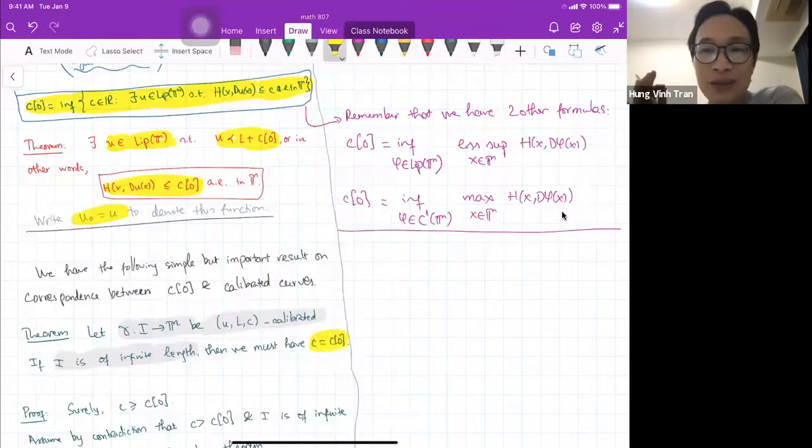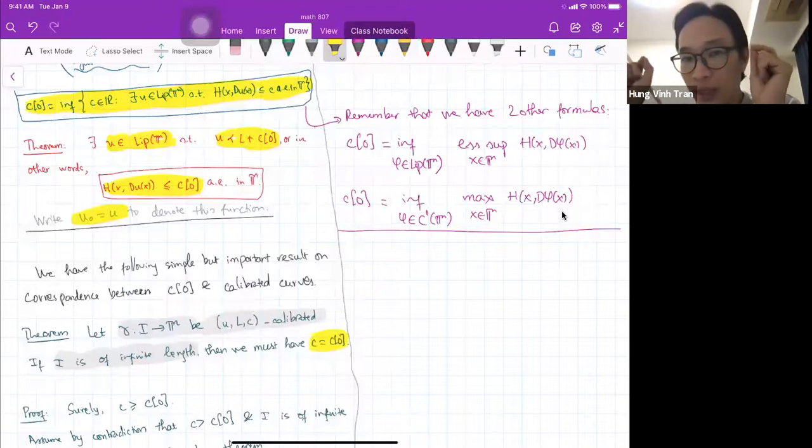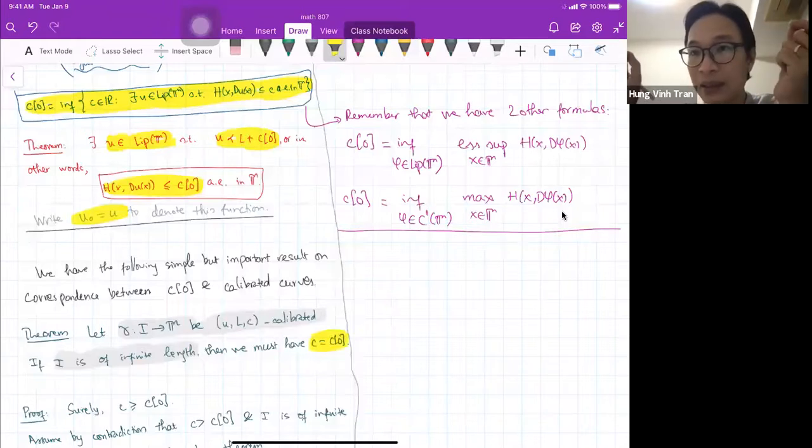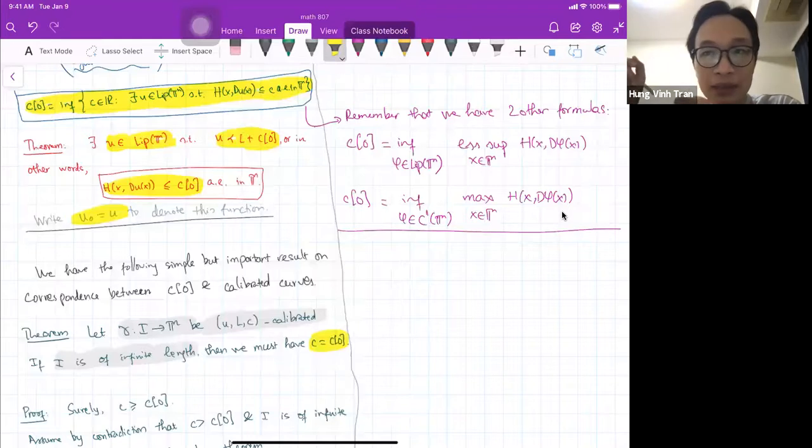Okay, so that's remarkable, right? We don't actually need many curves. We just need that if there is one curve that is calibrated and mapping from an infinite length interval, then it must be the case that C is the critical value, C naught, an additive eigenvalue, whatever. And this is what Sun asked earlier. If you have a calibrated curve, together with the fact that it's dominated by L plus C, then it's becoming a minimizer on an extremal curve. Okay, so that requires both.